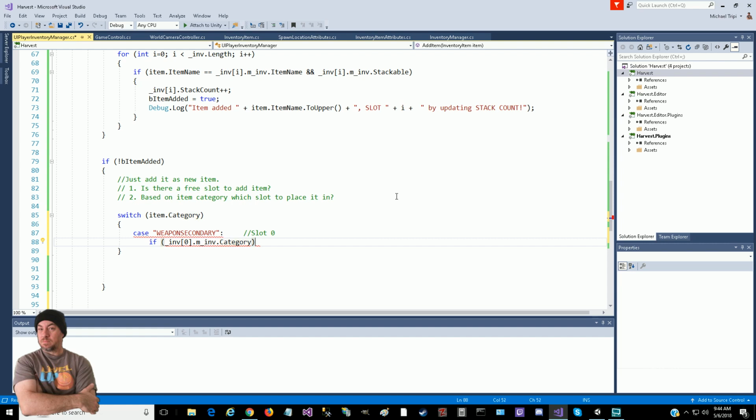Yeah, we might just switch to. Sometimes we got to do what makes sense. Okay, so if inventory category